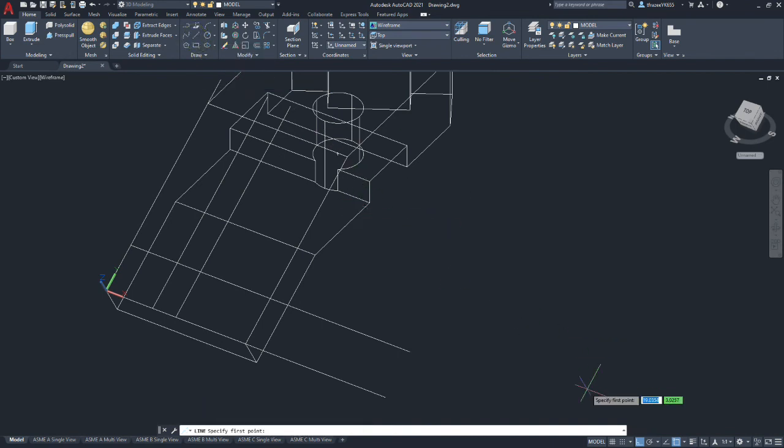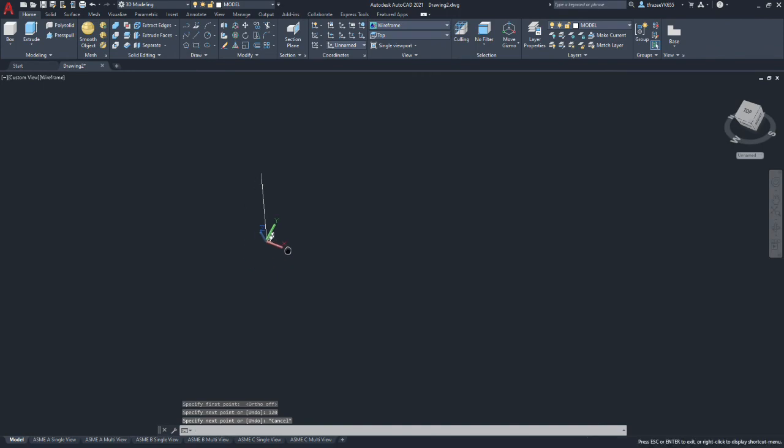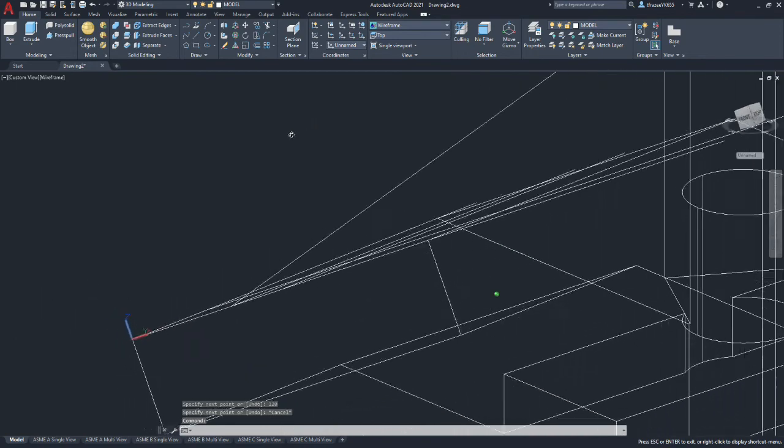So we're going to draw a line, we're going to turn ortho off, we're going to select the corner that defines a small portion of the dovetail, and we're going to drag to the left past the last line we offset. And the dovetail is 60 degrees included, but we're working on the opposite side of the angle, which would be 120. And we got our line. I don't know why it shot out so far, but it should be in the plane that we're working in.